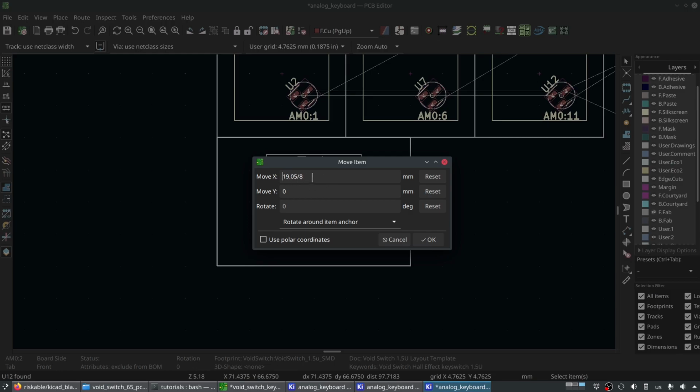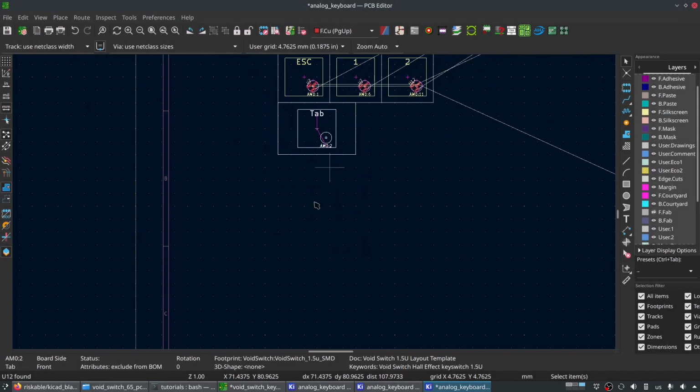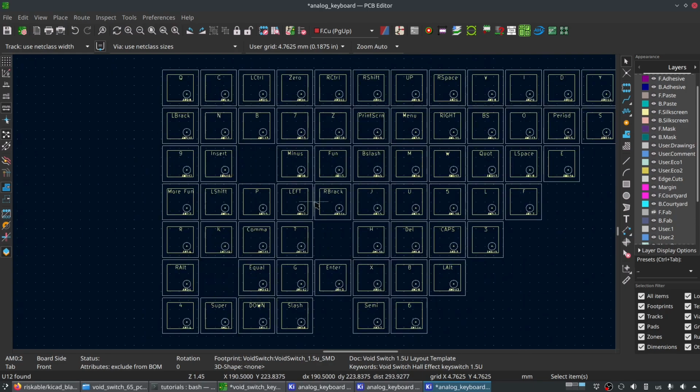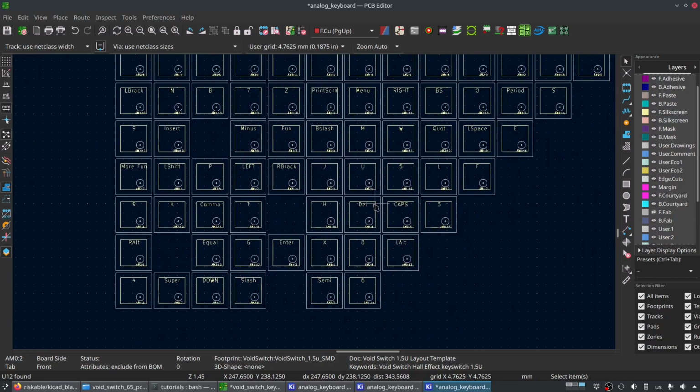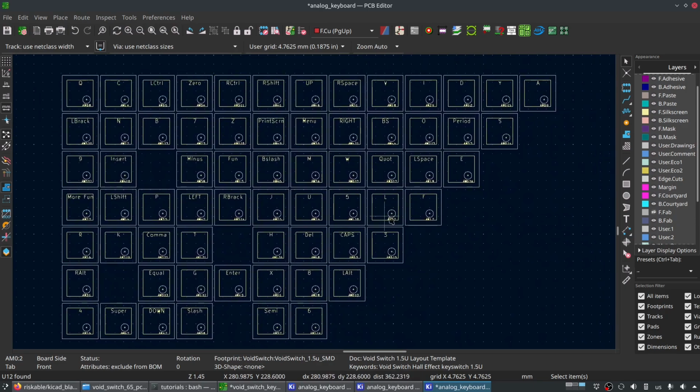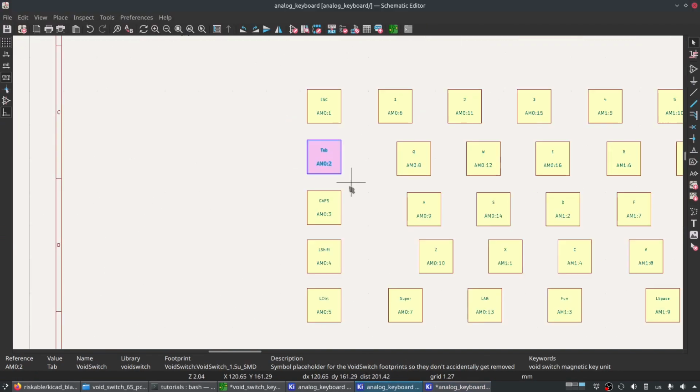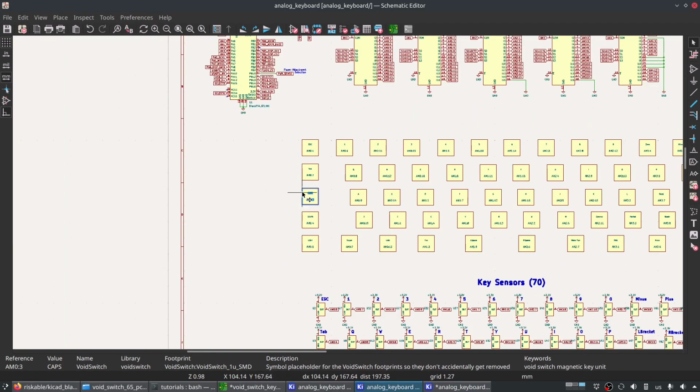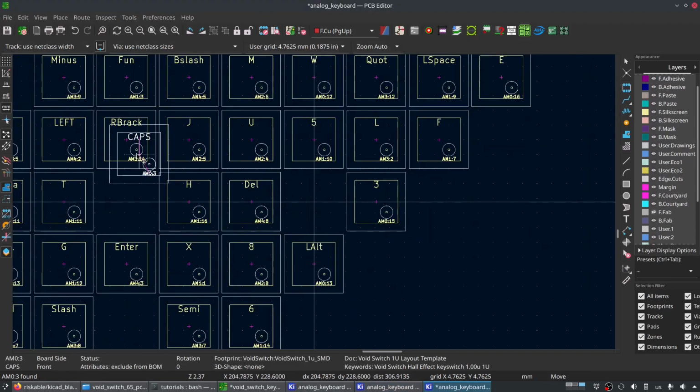But it's always going to be some multiple of 19.05 divided by 8, for future reference. So that's how you know. And let's grab the compose key, also known as caps lock. But I wouldn't recommend using a caps lock key. I recommend making it compose. What did I call it? Actually, this is probably the faster way to do it. Go into the schematic editor, click on it, and then you'll get the right one. Just like we are with the